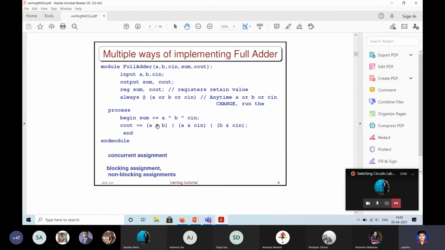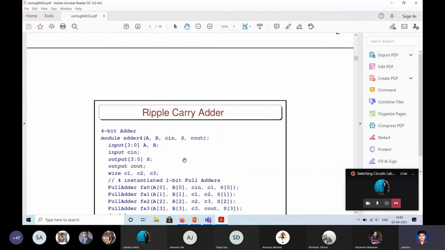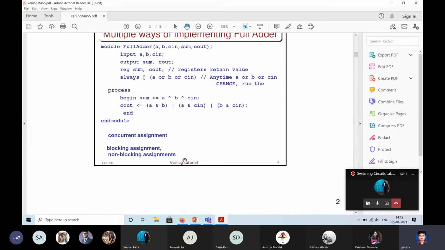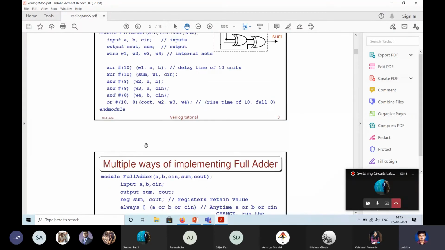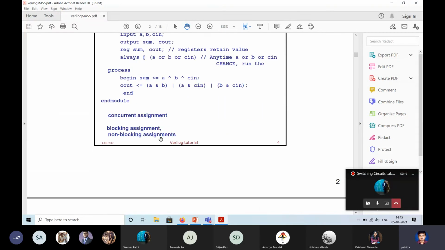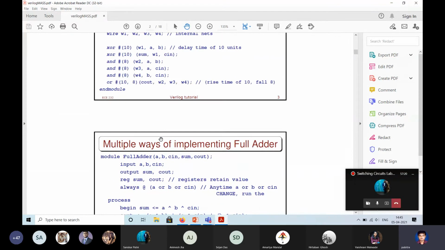And these are concurrent assignments. You can also have blocking assignments and non-blocking assignments. I'll explain them. These details I'll come to later. So these are defined functions. Some are already defined. There are many different ways of doing this.